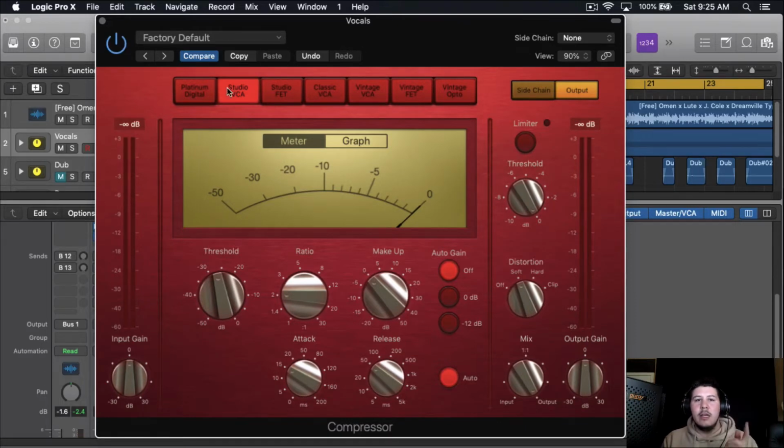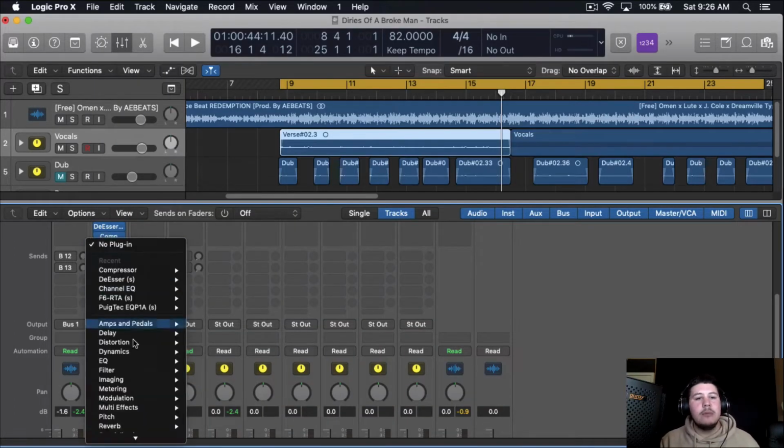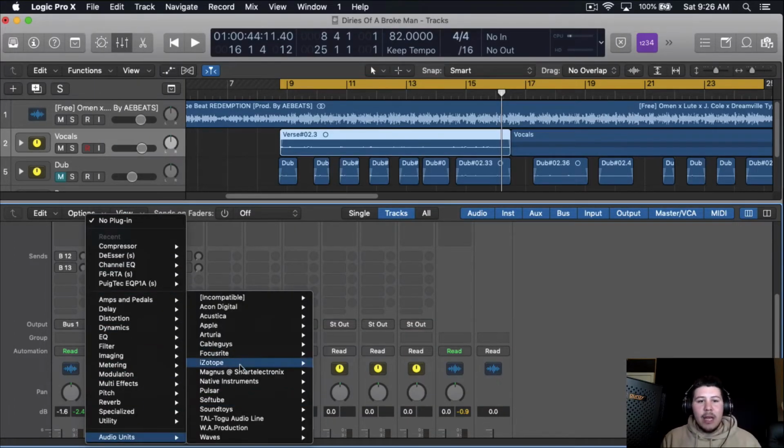So this one sounds good. It really takes the emotion out of the vocal. So I put about -27 threshold. I don't know how much compression it's doing because I can't see it, but we're going based off ear, so it's cool like that. Then from here, what I'm gonna do is add a parallel compression, and I'm